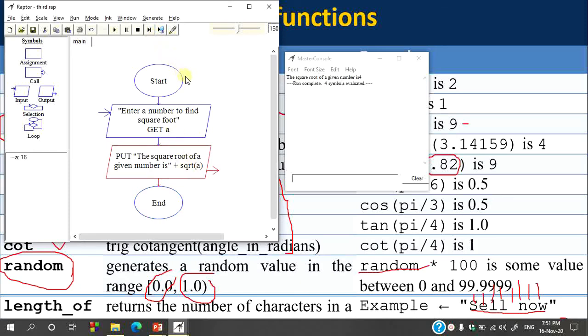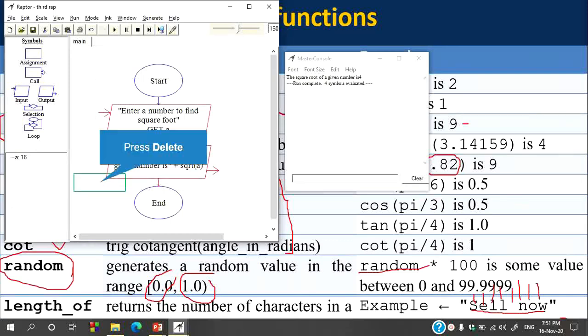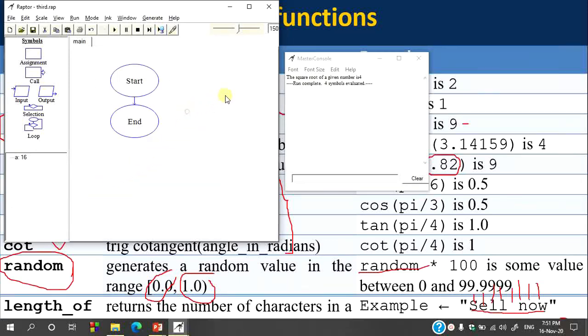Next we will see another example that finds the length of a given string. Let's clear all these inputs. So in the next program, what we are going to do is, we are going to give a message as input, and we are going to find the length of that message.